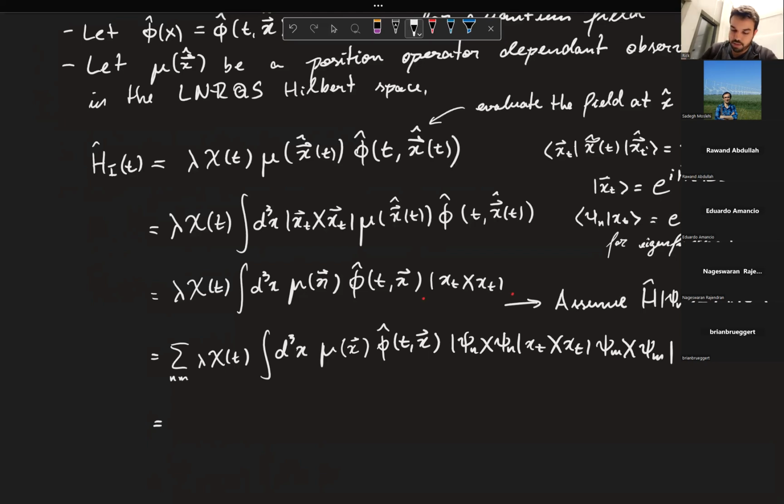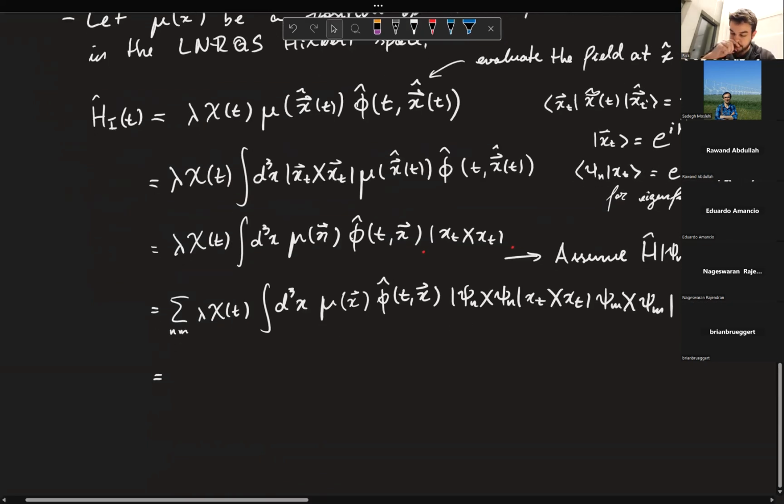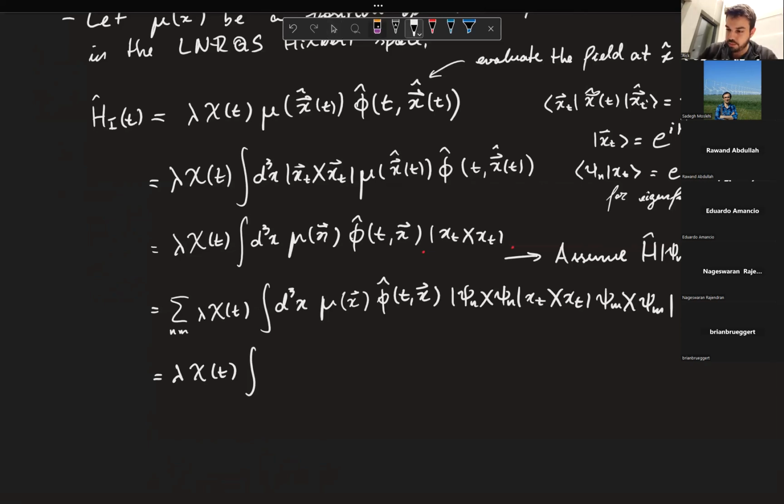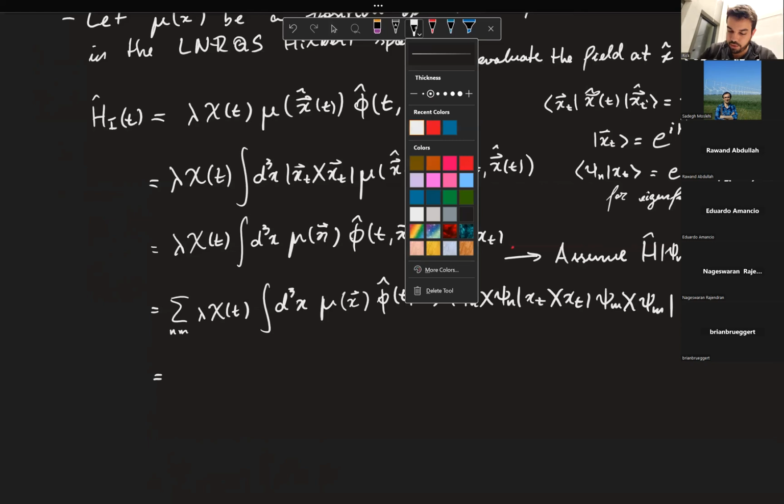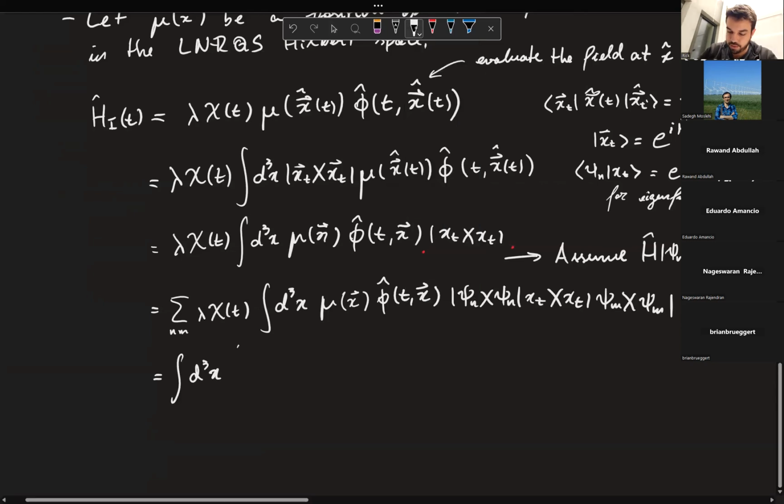And this can be rewritten basically using this expression up here as lambda QFT. Now, if we want to recover the particle detector, let's do the integral d3x. Whatever is inside here will be like an effective Hamiltonian density, right? Because the integral of the d3x gives the Hamiltonian. The sum over n and m of lambda